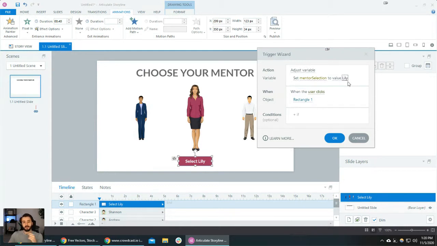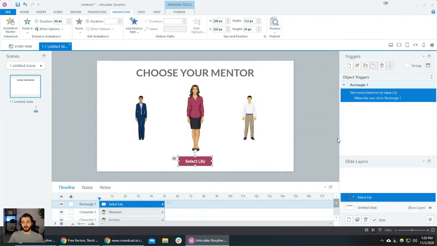So we'll just set that value equal to Lily, and the action, the when, is by default when the user clicks rectangle 1, and that's because we selected that rectangle before creating the trigger. So this looks good to me. Let's press OK. And then let's go ahead and create one more trigger, because first we wanted to set that